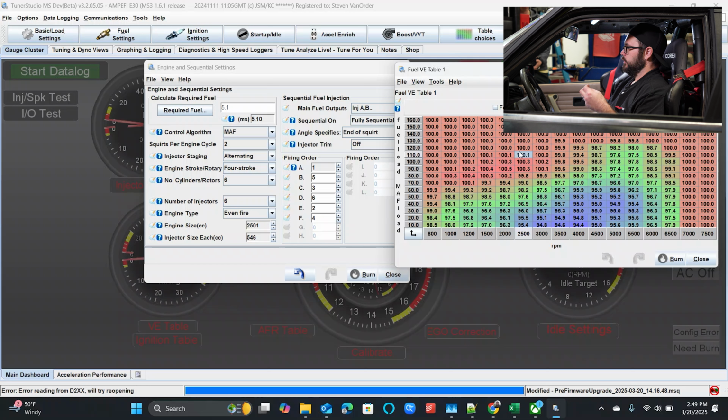That means that if we are consuming, say, to make math easy, 14.7 cc's of air a second, we're going to need 1 cc of fuel a second to be at lambda 1, or an air fuel ratio of 14.7. So your cylinder fill table is a percentage of that. If your VE table says 50, right? If this here was 50 and you were idling at 50, that means that right here at these points, you are essentially filling the cylinder 50% of its volume,